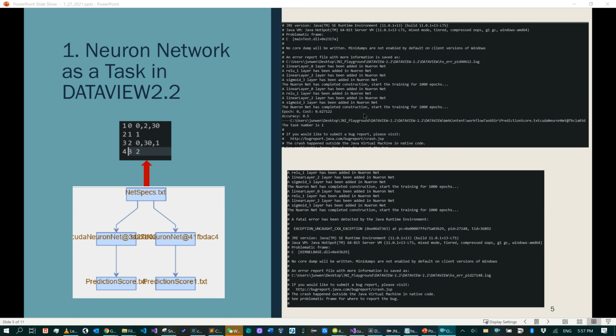But for the first one, only the prediction score.txt is generated, which means the second one did not run successfully. And for the second one, you can see both of them did not run successfully, and there are no output files for this workflow. So I'm still in the process of debugging what the problem was,